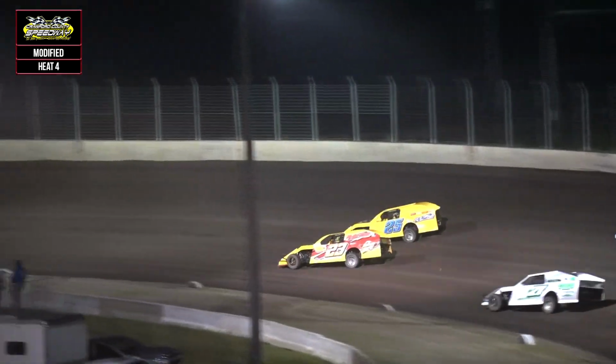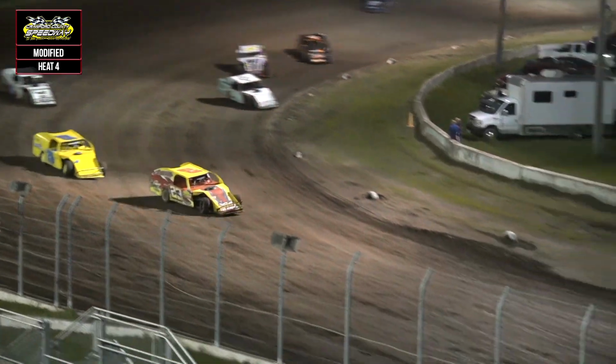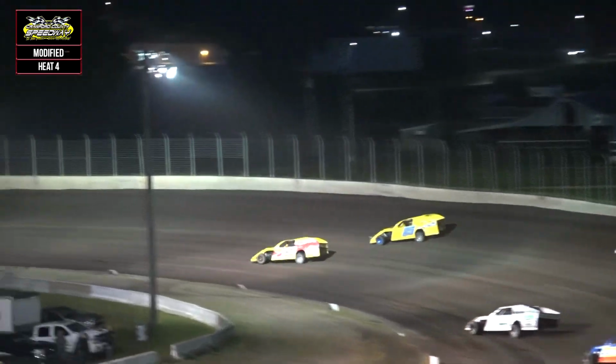Now it's a pair of Razor chassis up at the front as Teese and Steffen go side by side to see who's going to get the lead right now. Cody Olson still hanging in there in 3rd. Jeff James in 4th. Ronnie Holtz now in 5th. Brandon Spanier trying to get in the top 5. See if he can get by Holtz. Meanwhile, back up front,